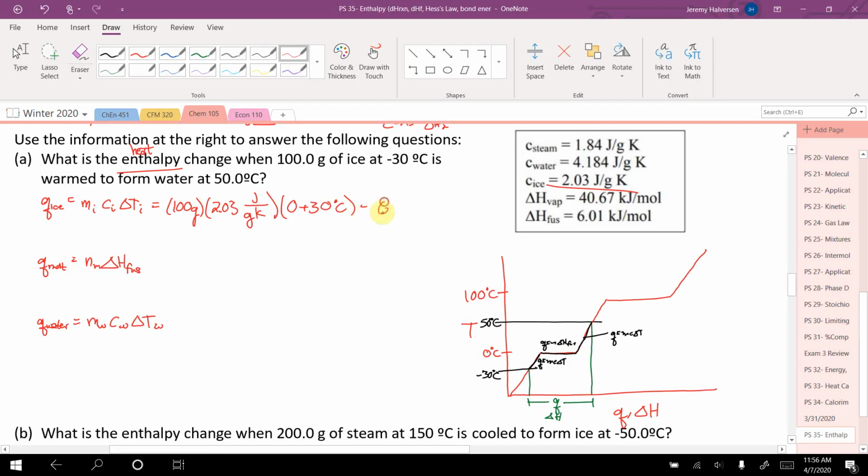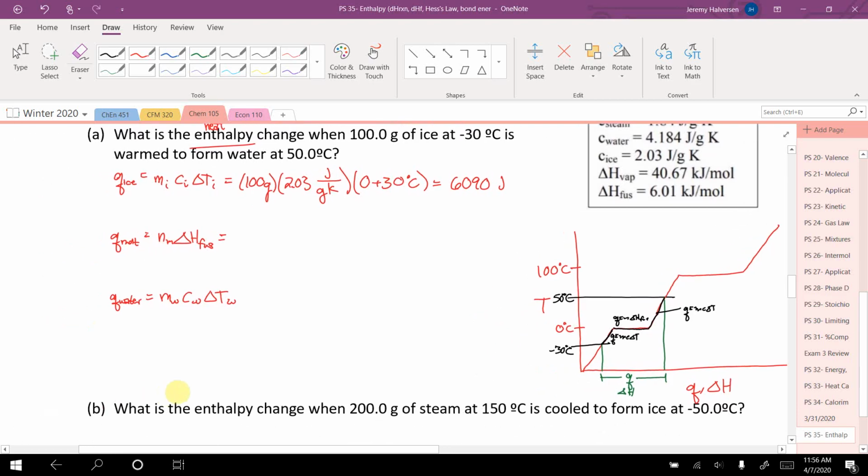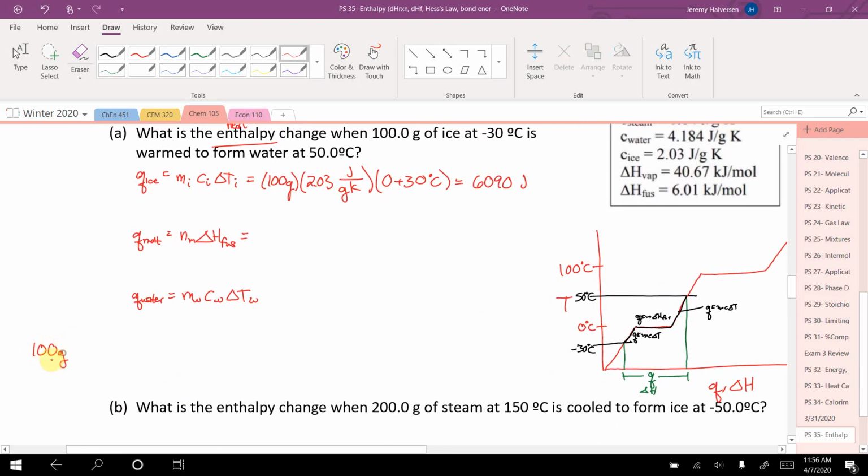And I get 6090 joules. Right here, the units on my delta H of fusion are kilojoules per mole, so I need to use moles of water, not mass of water. So I'll just quickly change my 100 grams of water into moles. And that gives me 5.56 moles. So 5.56 moles, my delta H of fusion is 40.67 kilojoules per mole,